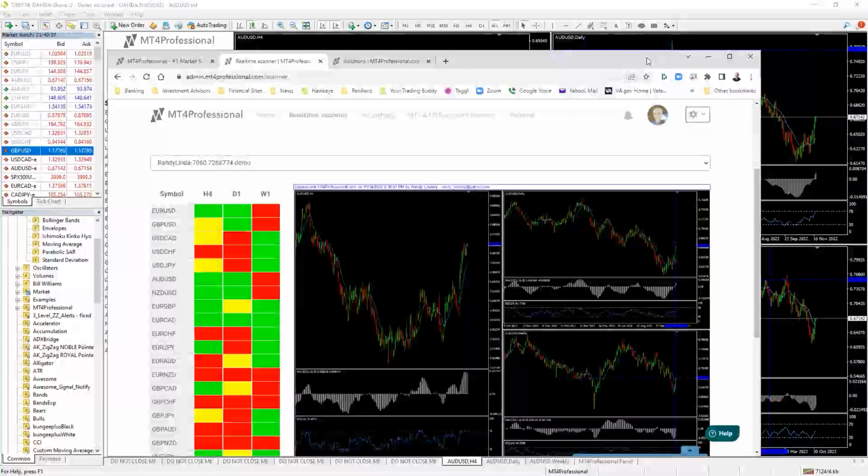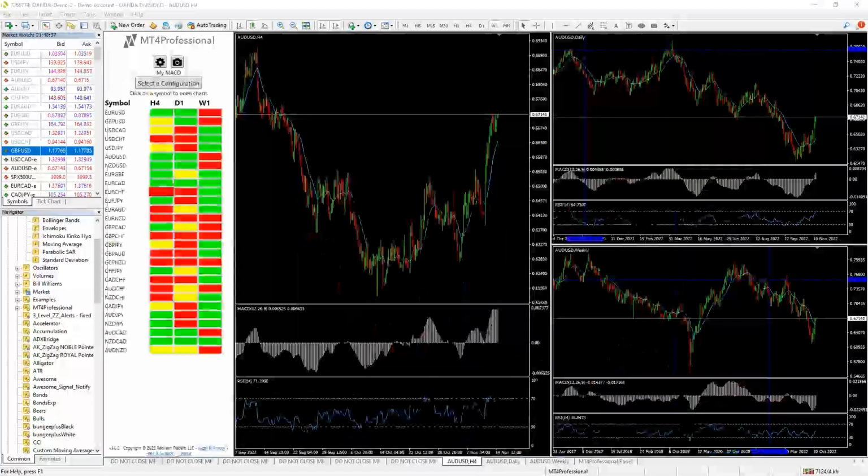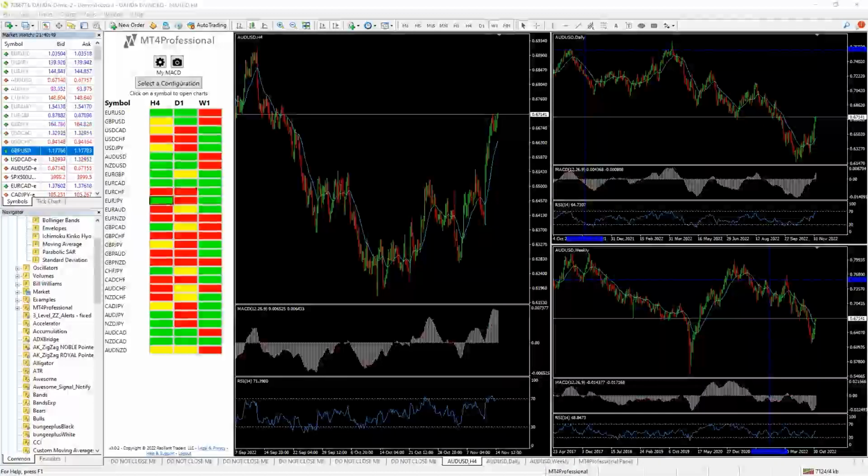And that also verifies and shows that the MT4Professional is cloud-based, and you can use it to download the software in case you lose your hard drive completely. Once you get your new hard drive up and running and MT4 back downloaded, you can launch and download MT4Professional and be right back where you left off. Not a single bit of data will be lost. All there and available.